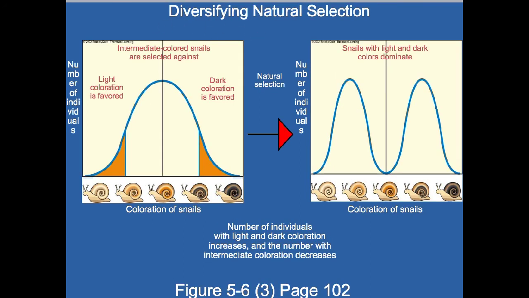And then last but not least is diversifying. And diversifying is where your extremes in your variation do the best, therefore having less of those that are alike to each other and more of the extremes on both ends, therefore leading to more individuals here and here. And this one can lead to speciation of 2 different types of species. The other 2 can cause one population to change, but it will not lead into 2 separate species like diversifying will.